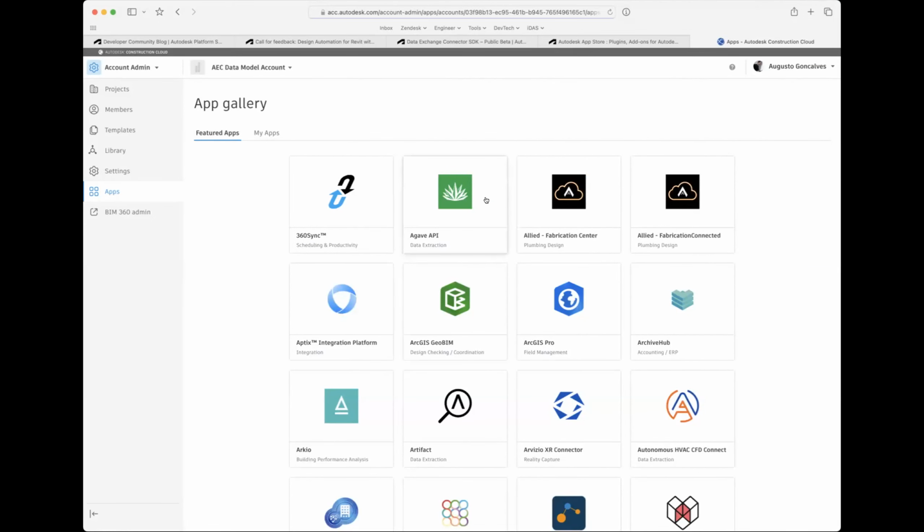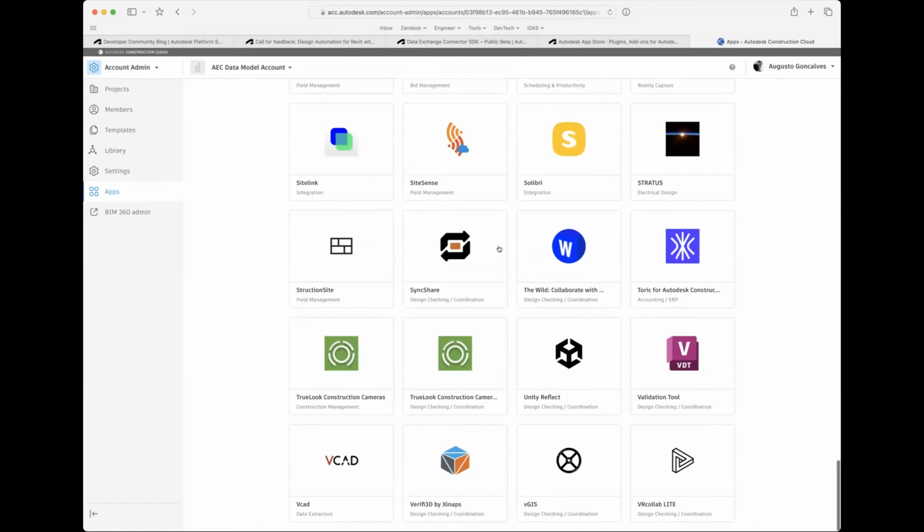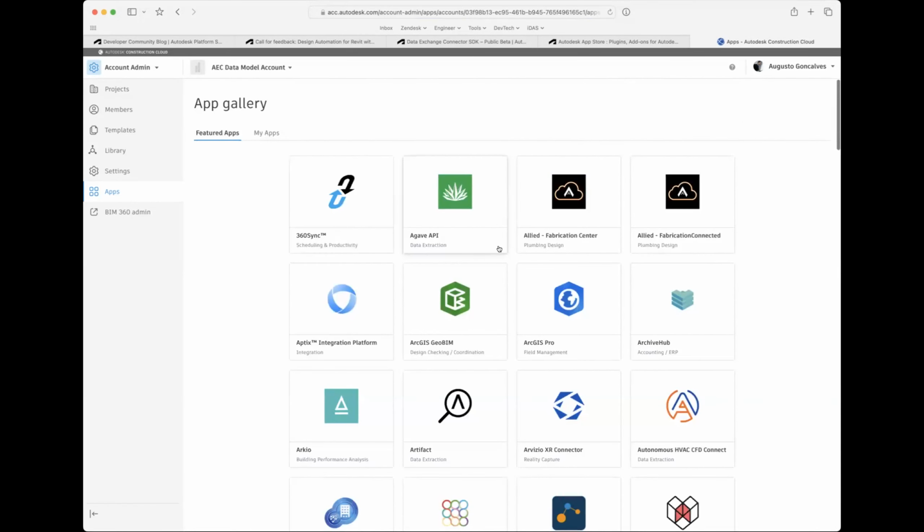I'm just trying to figure it out. Like, should I build my source code? I don't know the process. I have, let's say, my code in GitHub, and what next? So the app, you run the app. This is just a gallery of those apps, right? As an example, this 360 sync, Agave API, all those things run on their own server, and we are just linking to it. So there is some integration going on, but in summary, we don't run the app, you run the app, and we just link from here with some specific APIs.